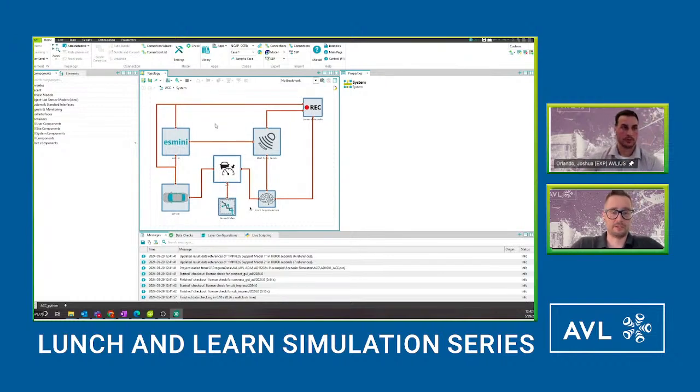So Josh, can you maybe explain a little bit the model that we see here? Yeah, so in the topology section here, we have ES Mini, which is our traffic simulation tool, the scenario replay tool, or the scenario execution tool. We have OC standard radar in the model here. This is directly related to our front target object selection. Our software under test is going to be ACC in combination with this front target selection.